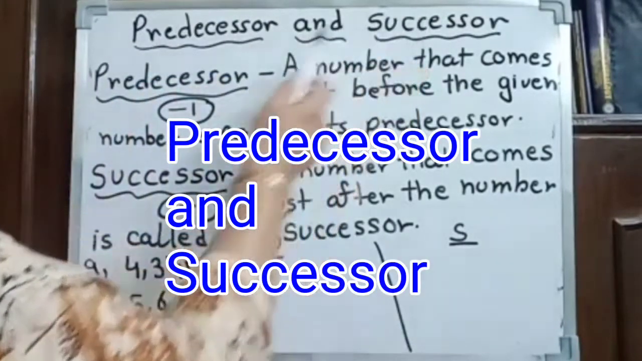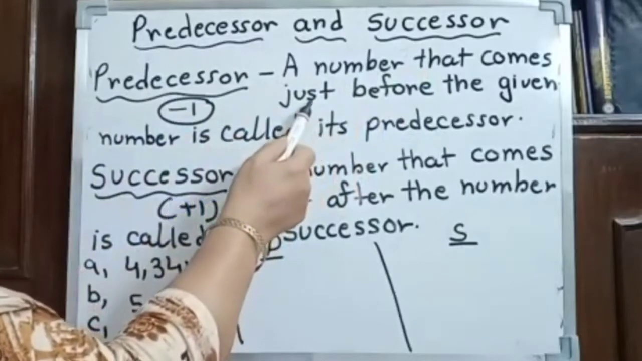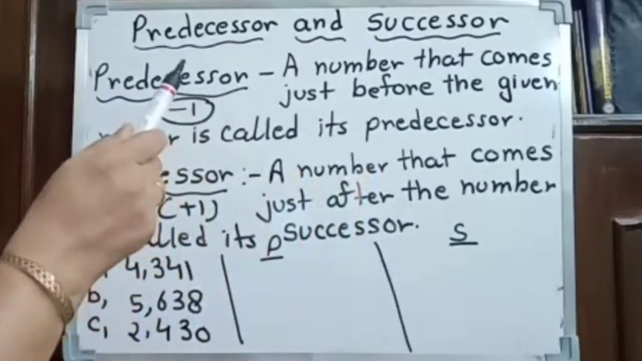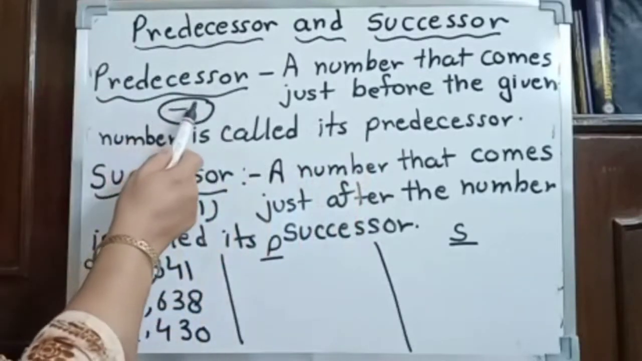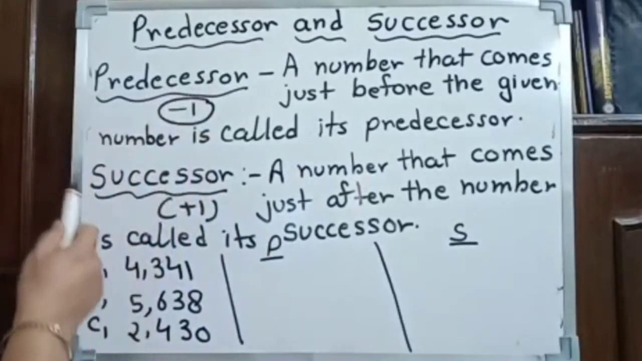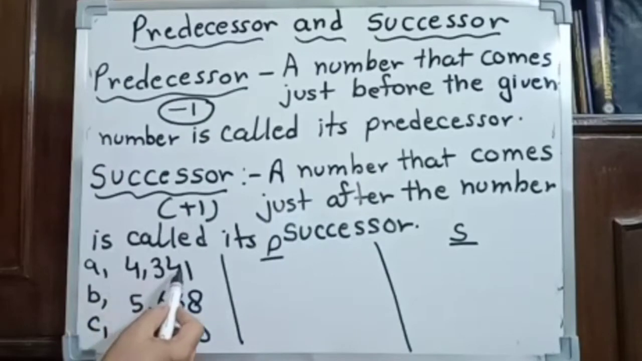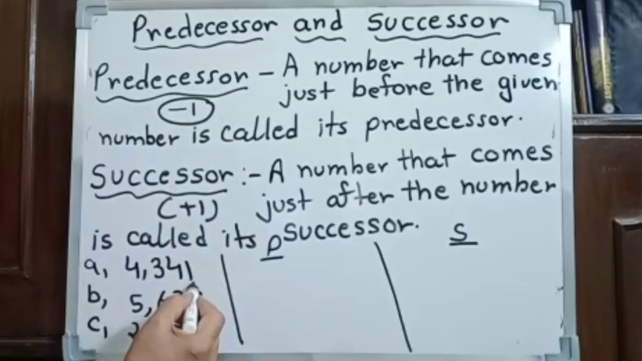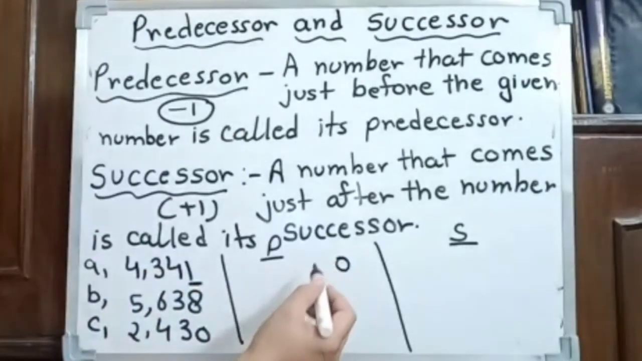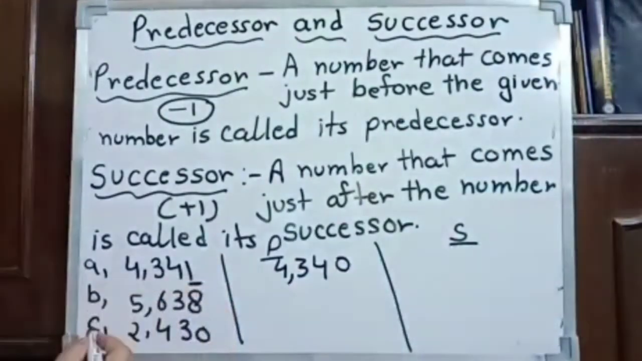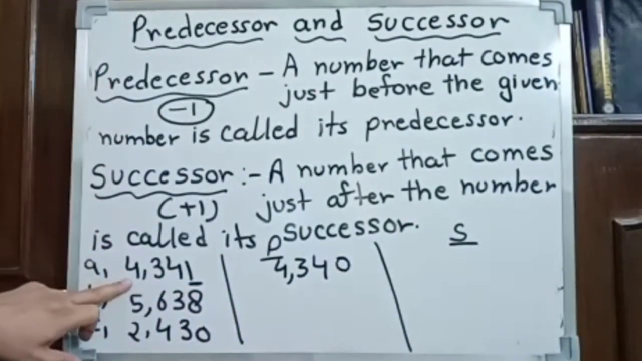Predecessor and successor. A number that comes just before the given number is called its predecessor. Predecessor means pre, minus 1. Given number minus 1, that number is called the predecessor. Means 4341. What is the predecessor of this number? Minus 1. You have to minus 1 from the ones place. 1 minus 1, 0. The number remains the same. 4340. Predecessor of this number is